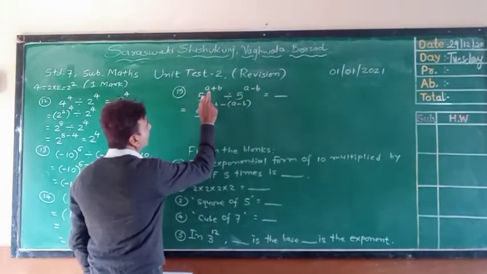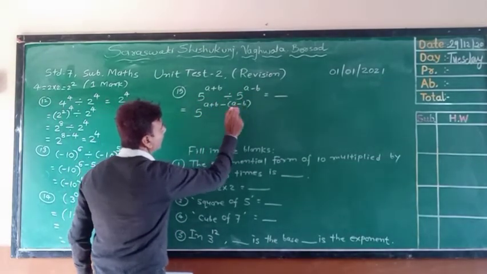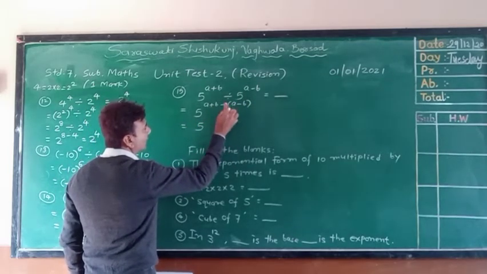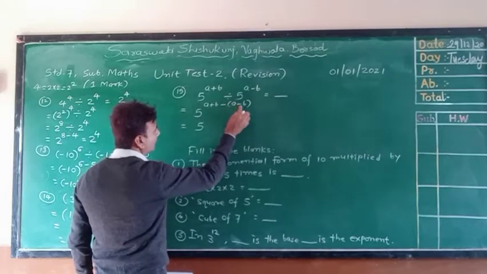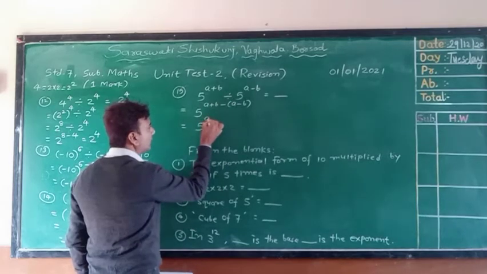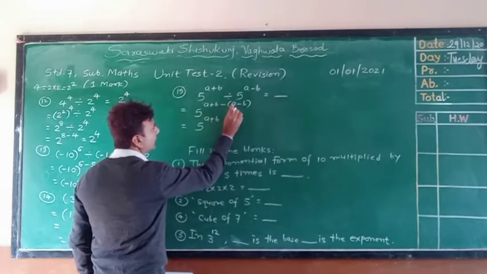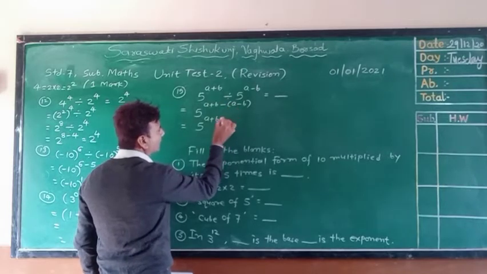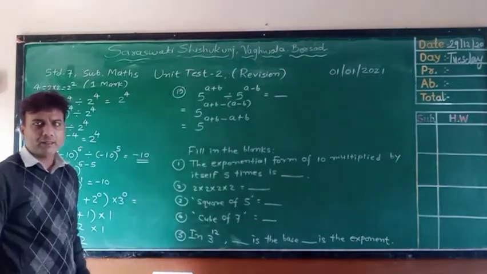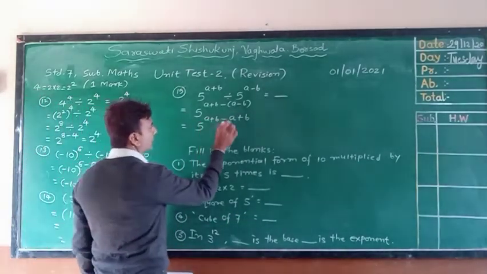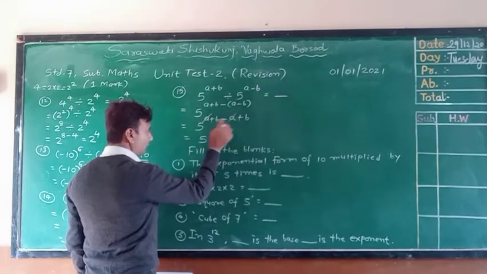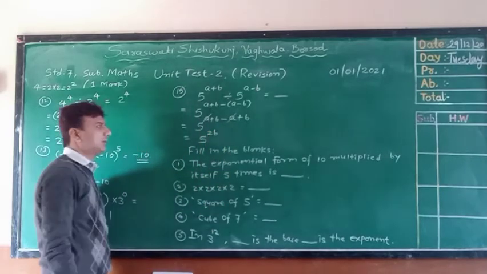See, 5 A plus B minus and A minus. Now we will remove this bracket. Whenever we remove this small bracket, we have to change the inside bracket signs. Plus will become minus and minus will become plus. First, simply we will write A plus B; minus will go inside. Here no sign, that means plus. Plus will become minus and minus will become plus. Now which are like terms, we can cancel, plus minus. A plus minus. Yes, same like terms, 1 plus 1, 2. So the answer will be 2.